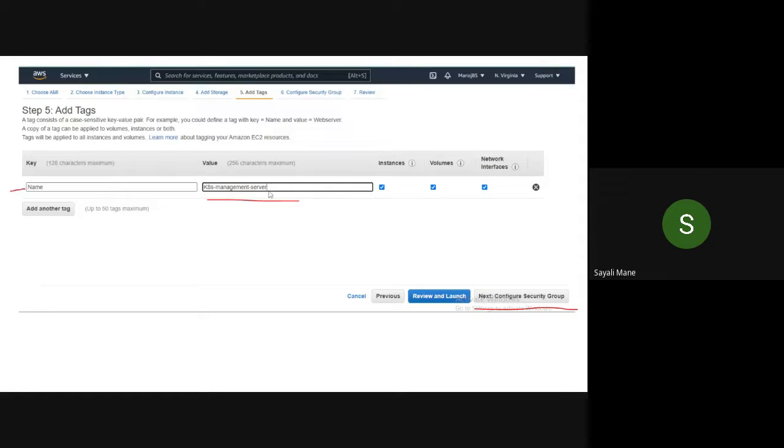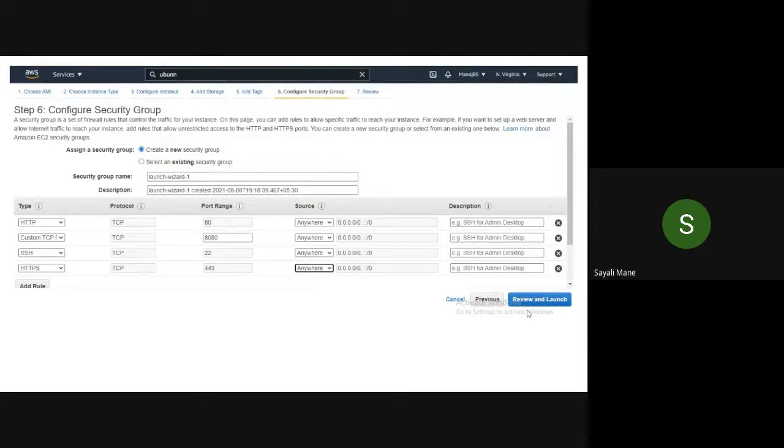You can give any name. Done. After that, click on configure security group.